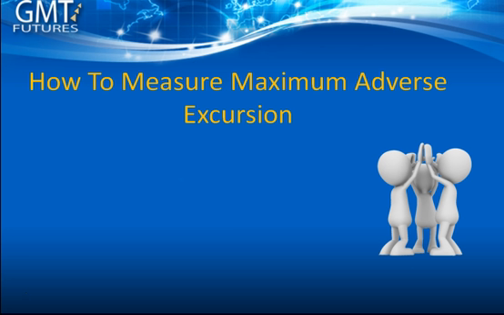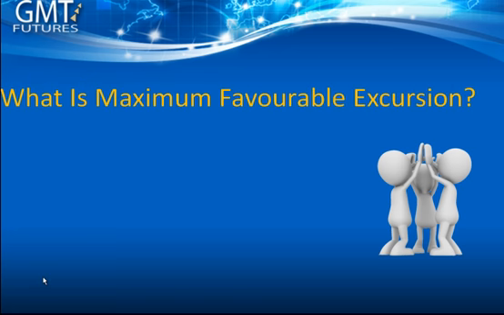The other definition we're looking to measure is the maximum favourable excursion. That is basically the maximum movement that a position has in your favour from its point of entry. So it's really the opposite, and we're going to track both of those in an example here and show you